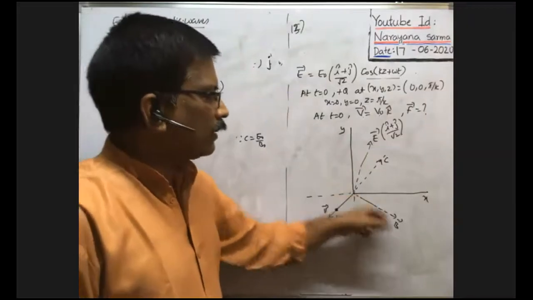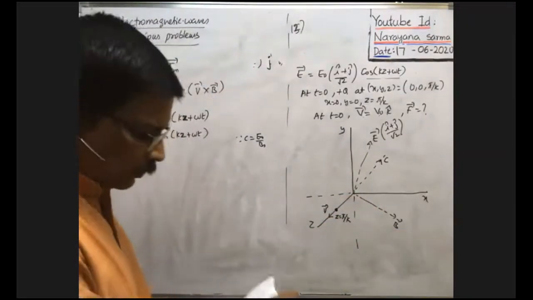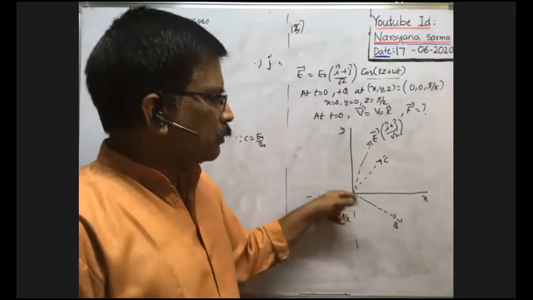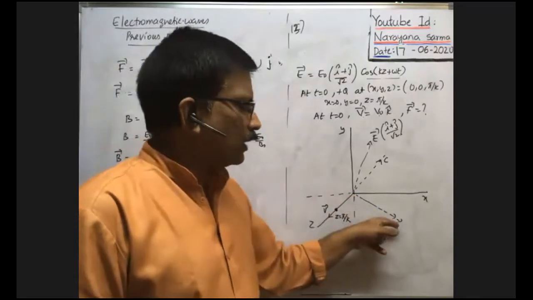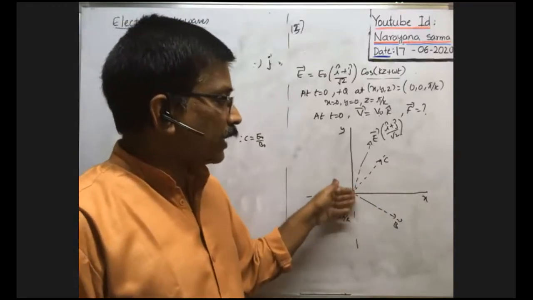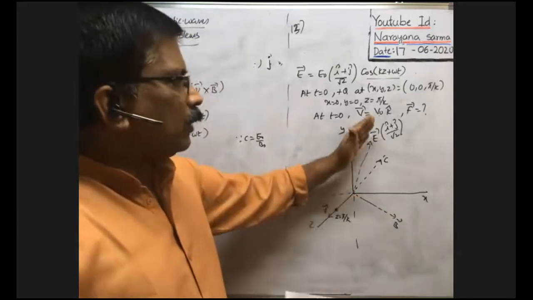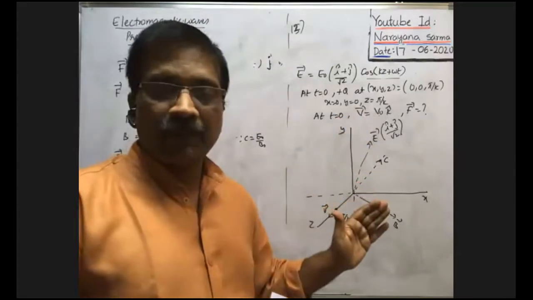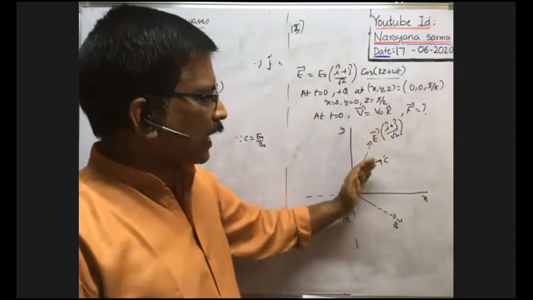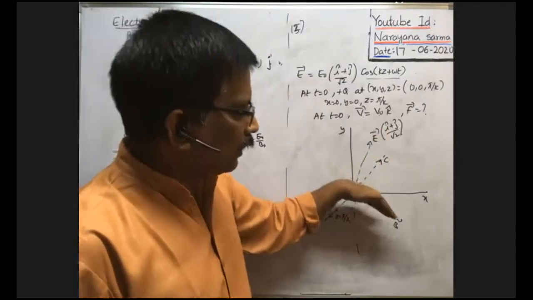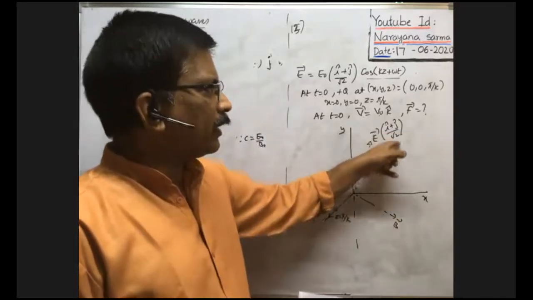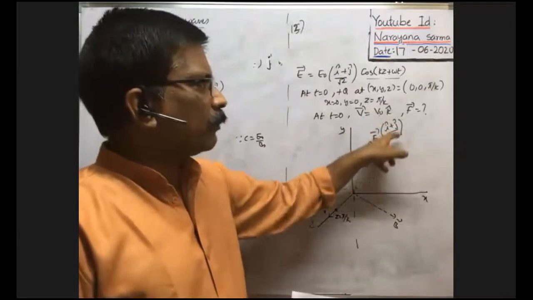So what is the unit vector in this direction? You tell me. X positive, Y negative, no? Here in this plane, this B bar is in the fourth quadrant. So along this fourth quadrant, what is the unit vector along the B bar direction? B bar and E bar are both perpendicular to each other. That is important. E bar is along this direction. And the direction of B bar is definitely the direction along which the vector is perpendicular to this one. What is the unit vector perpendicular to this vector? You tell me.